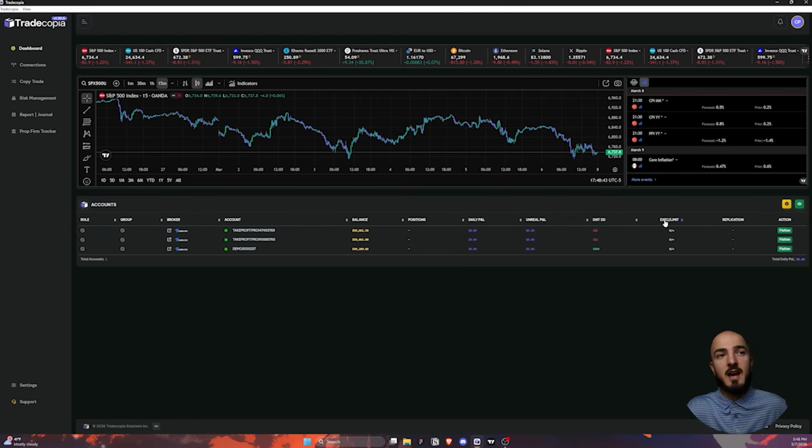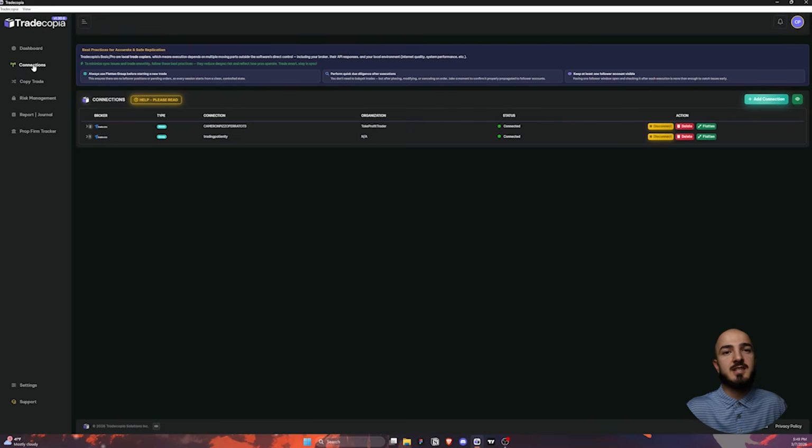And then right here we have our executed and then our replication and then the flatten button to flatten any positions on the accounts that you want. So if you go over to the column on the left, like I said, that's really the home of everything that you need. If you click on the connection section, this will take you to where you can connect your